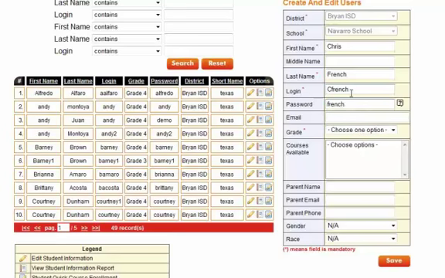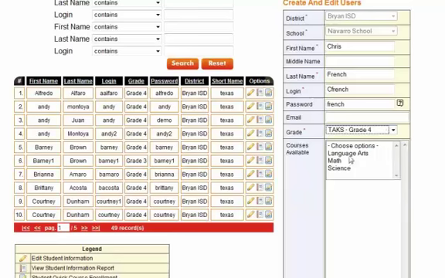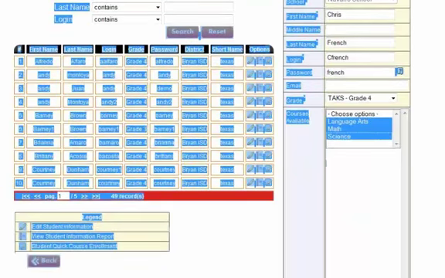Whatever you want to do to make the change to what you would like to use for the students' usernames and passwords, you can type in that box. You could type in the student's email if you would like, for easy contact information. Select the grade that the student is in, and it will list the available courses that have been purchased by the school. You can select the courses that you would like to give the student, and then scroll down,